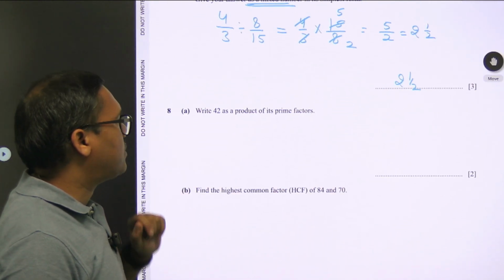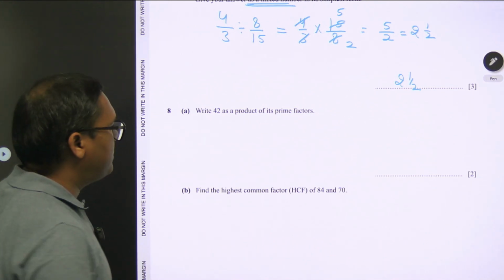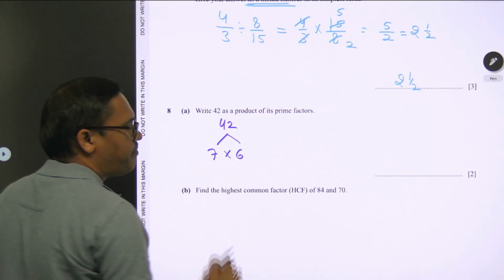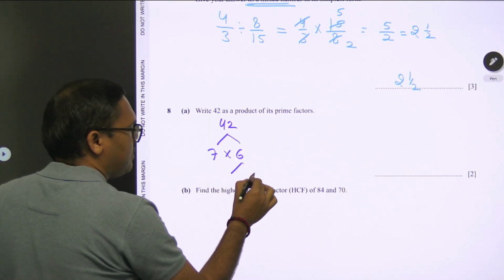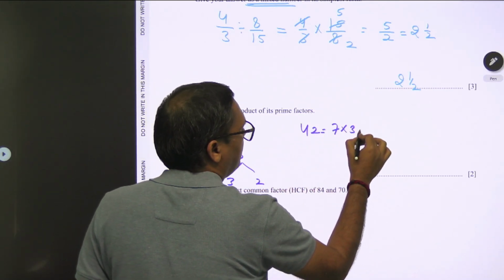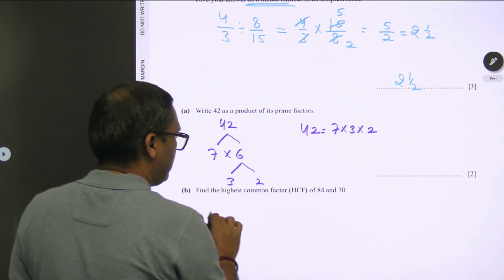Write 42 as a product of its prime factors. So what you can say is 42, you have to write as a product of prime factors. This is 7 into 6 and 6 can be written as 3 into 2. So what is 42? This is 7 into 3 into 2. That is the answer for this question. Now the next question is find the